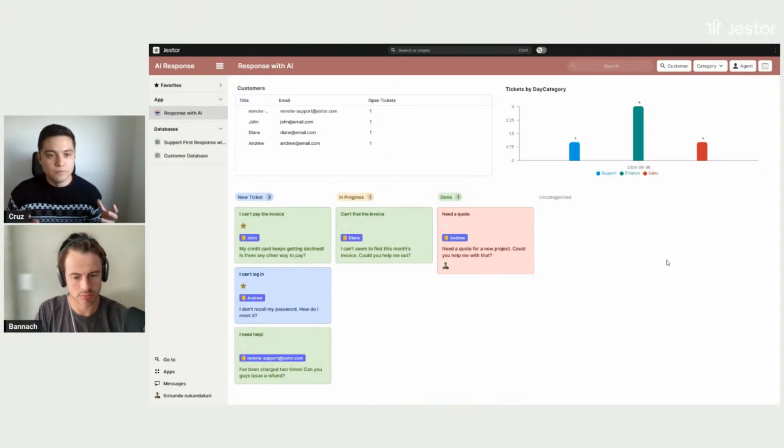And the other one that I really like is the customers table. This is a list of customers. You can see that it has the name of the customer, it has the email of the customer, but it also has the amount of open tickets for that customer. So maybe